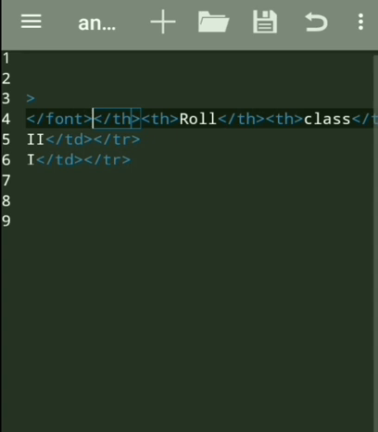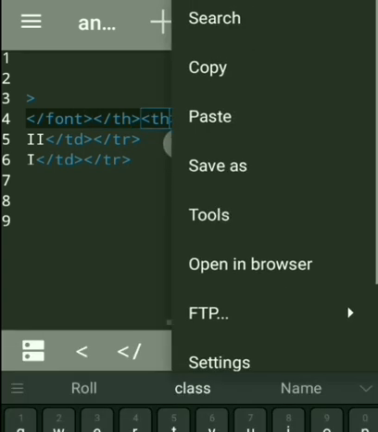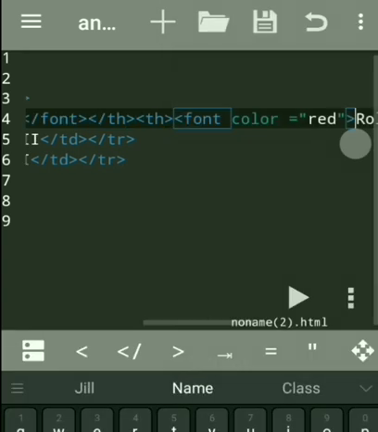Now let us give the others the same color.